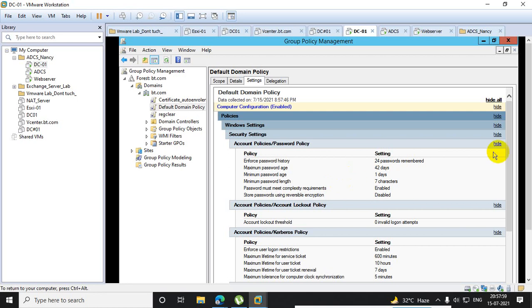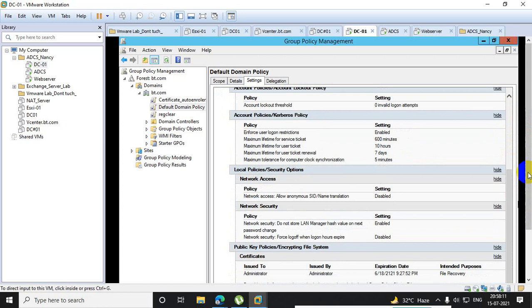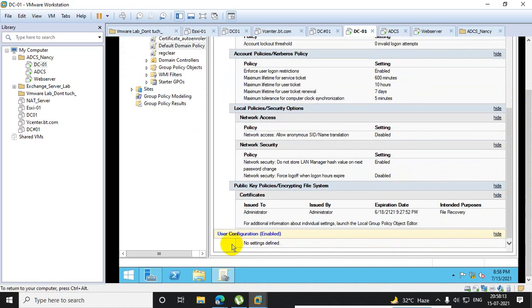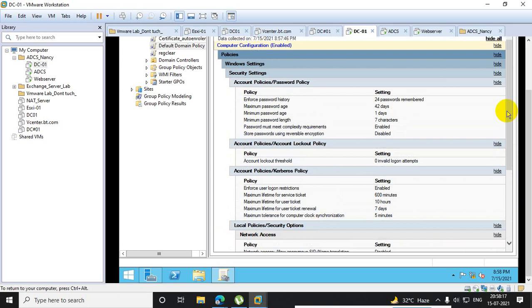So in this report, you come to know which policy this is. How will you know which kind of policy? Is this a computer configuration or a user configuration? Just scroll down. You will never see any kind of user configuration. User configuration is blank. So an interviewer may ask you the question: is the default domain policy a user policy or a computer policy?